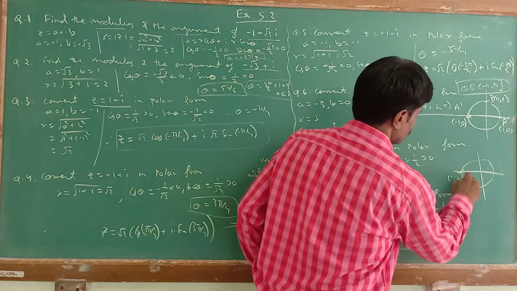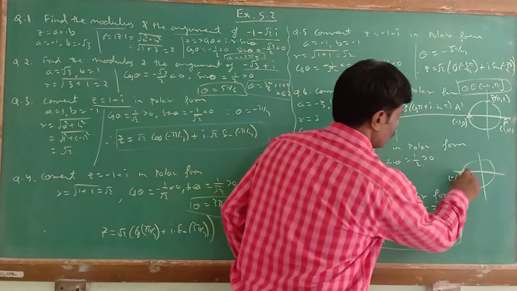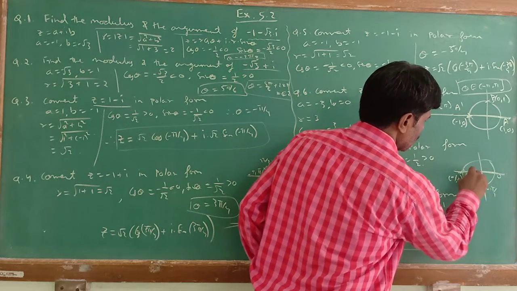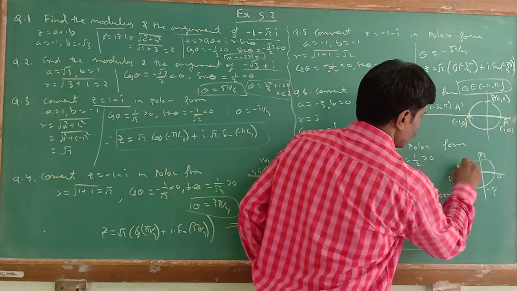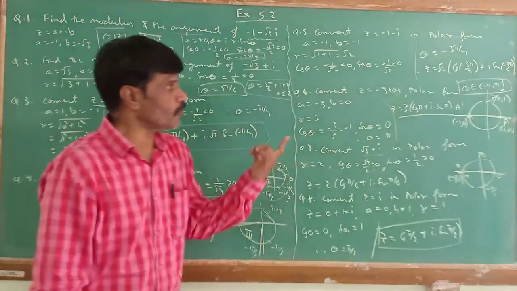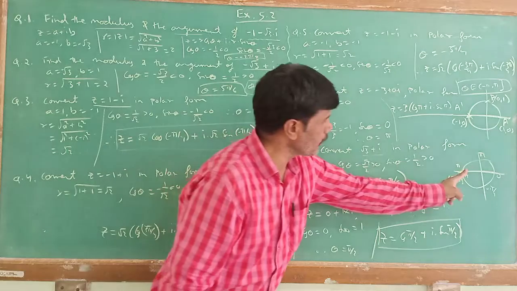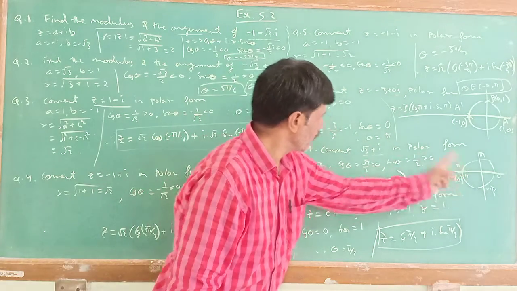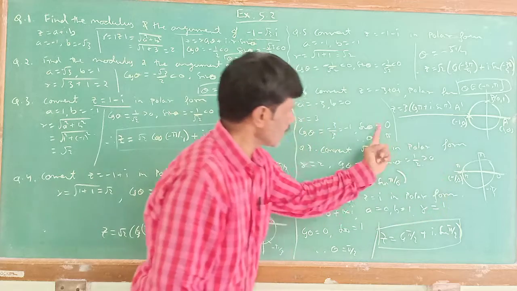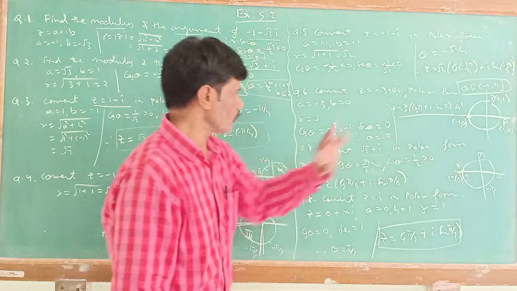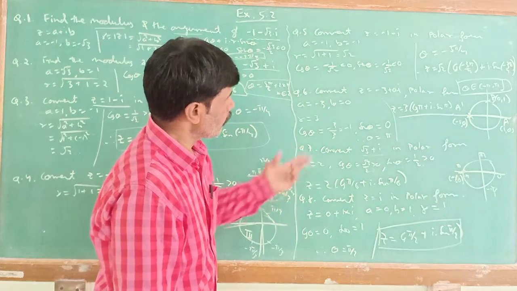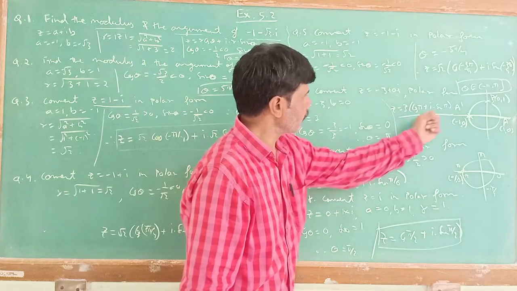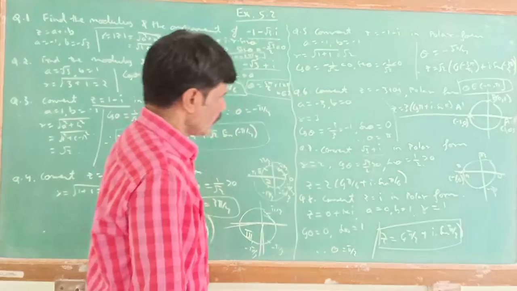So here minus 1 comma 0 means, initially 0, minus pi by 2, and here it is minus pi, and here 0, pi by 2, pi. But we are taking the interval open at minus pi and closed at pi, so theta will be pi. So here I have taken theta is equal to pi, because at this point you will get cos value minus 1 and sin value 0. Okay, so what's the polar form? z is equal to r, 3, cos theta, that is pi, plus i sin theta, that is pi.